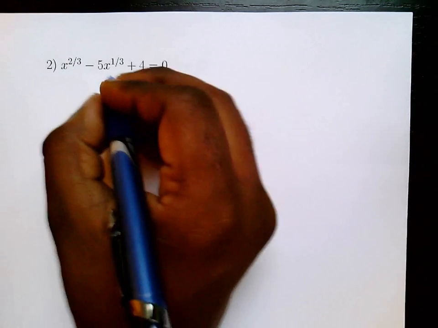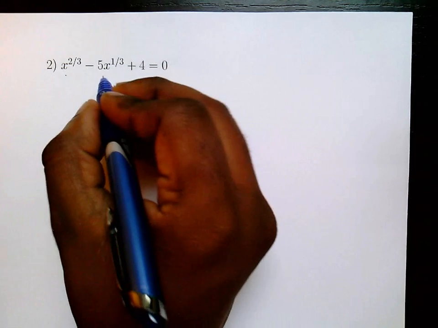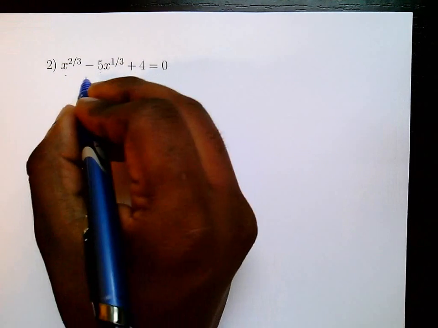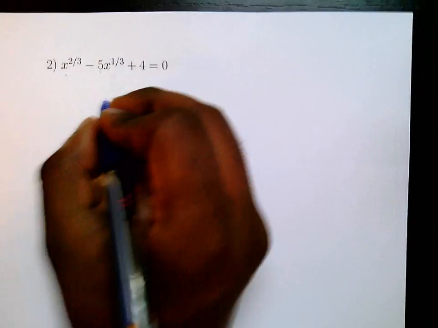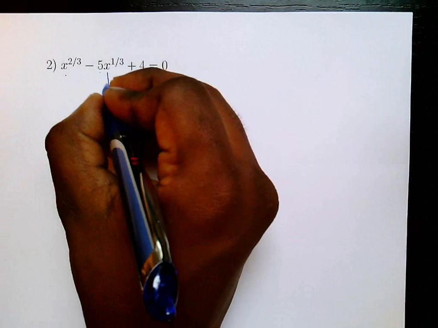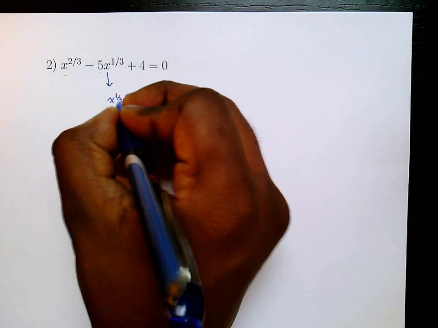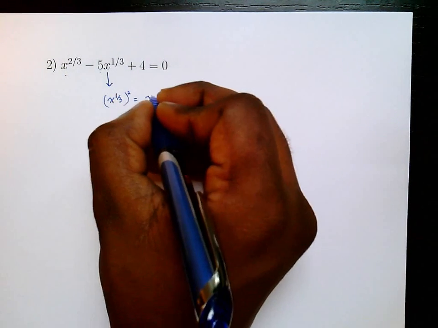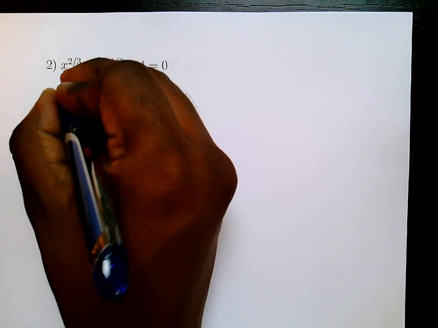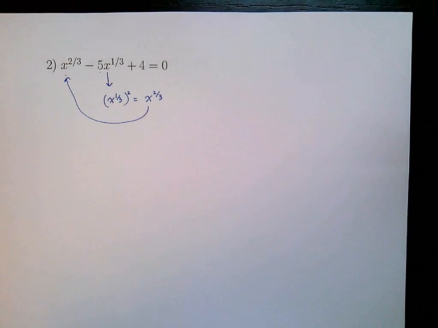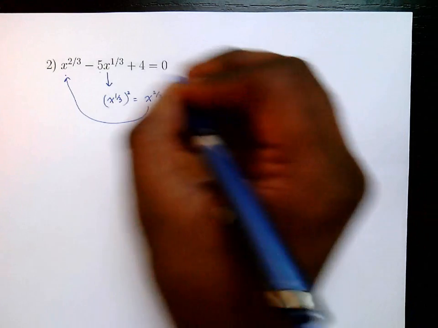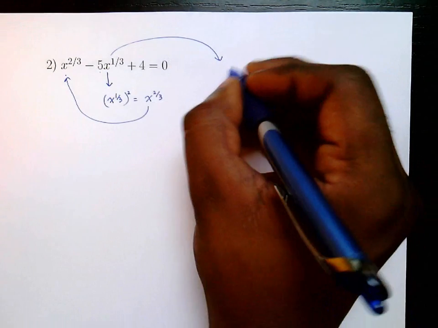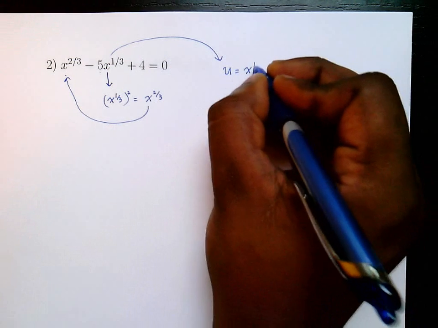Again, you can see some term, minus 5 times x to the 1/3, variable, variable, and a constant. Just look at this guy, x to the 1/3, and square it, you get x to the 2/3, which is here. So it's like something squared, minus 5 times something else, plus 4. Now, which means if we make a substitution, u is equal to x to the power 1/3,